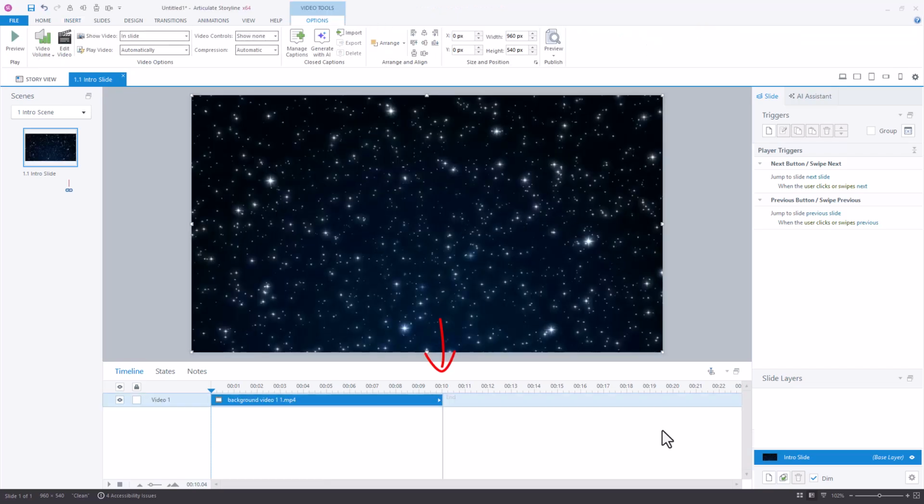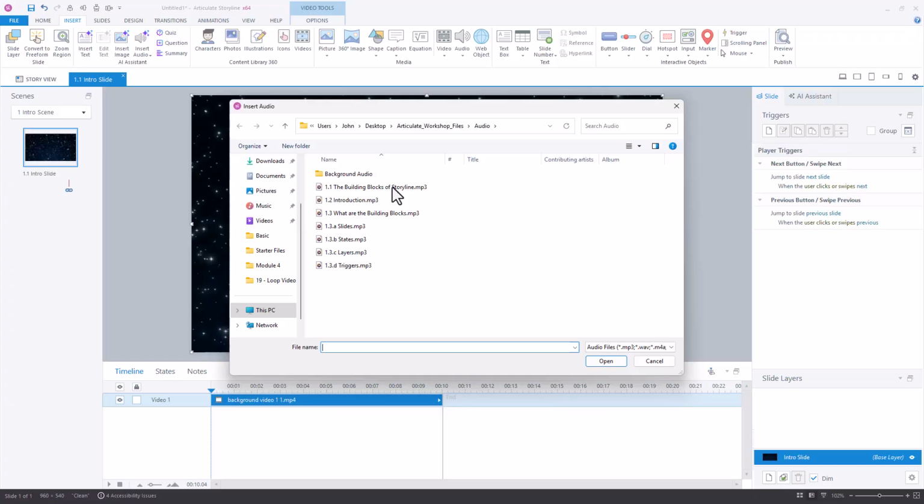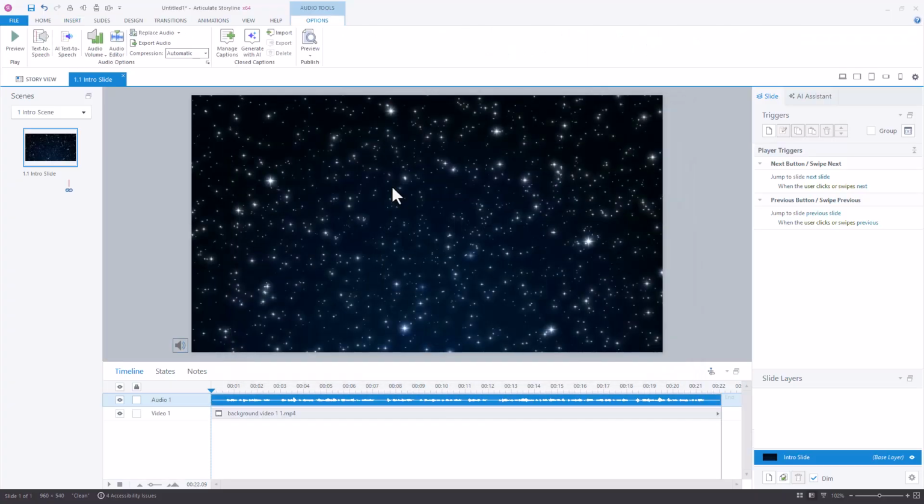done just that. But if I now wanted to add an audio track on top of this, so I'll insert an audio file, we'll see that this audio track is 22 seconds long. So now our timeline has increased again. But if the video is only 10 seconds long, what happens to the video when the audio continues past the video's length? I'm going to mute the audio just so I'm not speaking over it, and I'm going to preview,